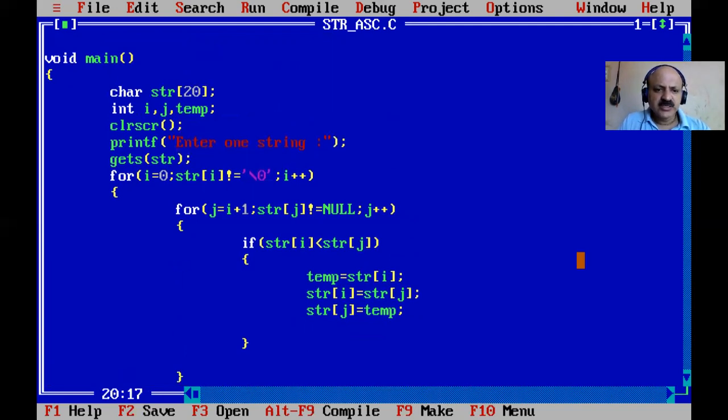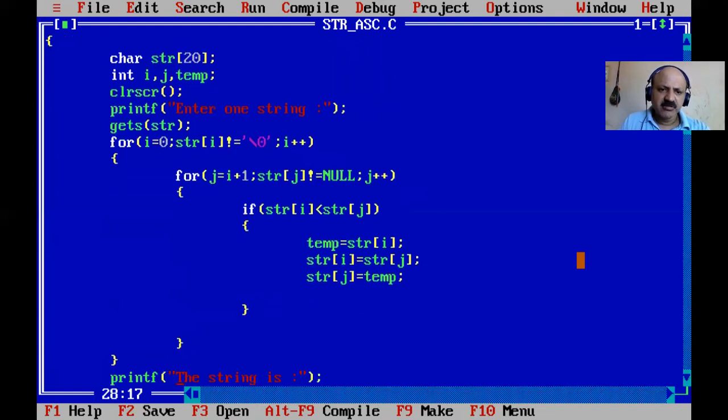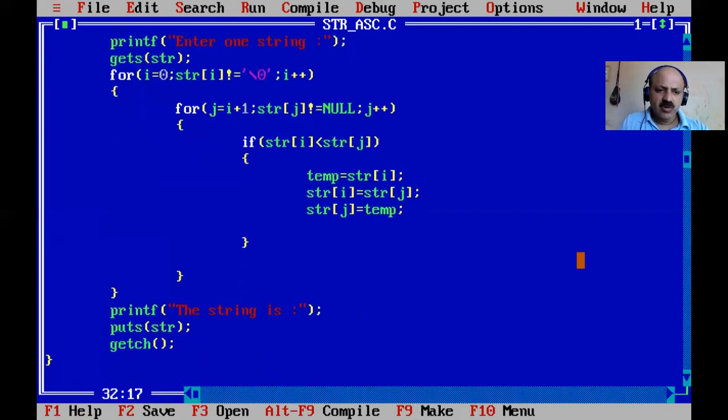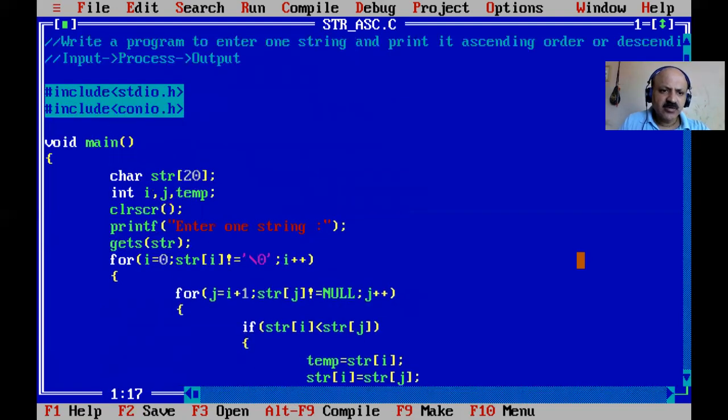So yes, the logic is perfect here, no change is required. Let us check. Only one string is there, so our logic is perfect.